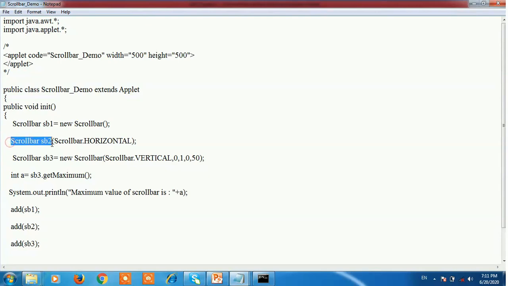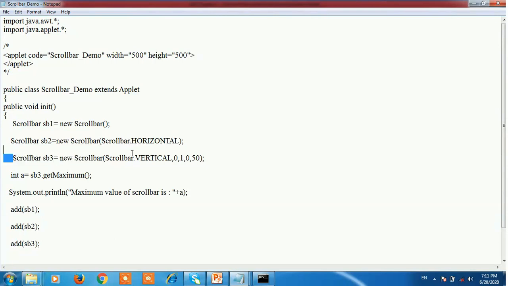This is the second scroll bar. The object is sb2 is equals to new ScrollBar, and the type is horizontal, ScrollBar.HORIZONTAL.